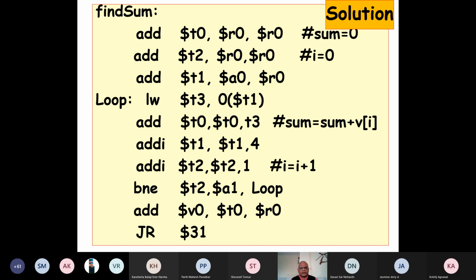So initially 0, now T2 has become 1. And T1 is the address and we have added 4. And if T2 is not equal to A1, that is, K is not reached, so as long as it is not equal to K, we jump to the loop. Keep on doing this for K times. This is the way T2 has the count 0, 1, 2, 3, 4 and up to K. So for K times, we jump to loop.